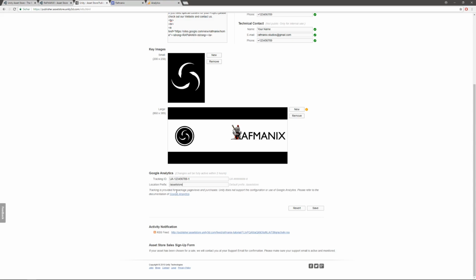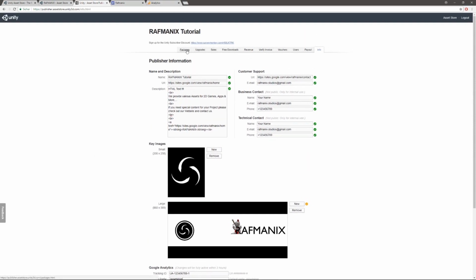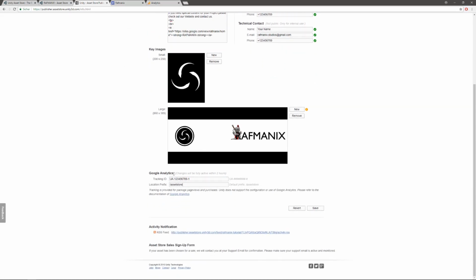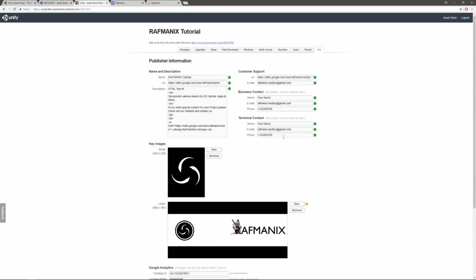If you have any questions or if something is not set correctly, click here on the Google Analytics support site and you can read all the information on what you have to do. Later you have to fill in one of the URL links on the package, and when you click on save, it will be active in 1 or 2 hours. That works fine.